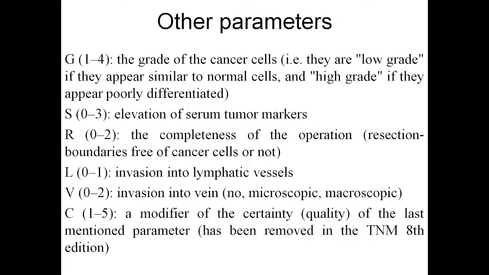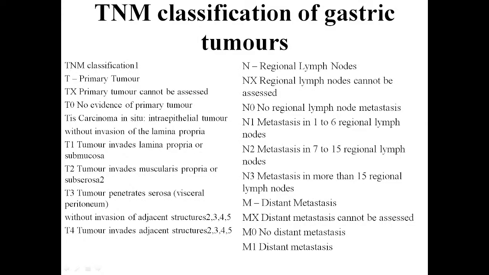Student, and we will have the other parameters of malignant tumors, like this. Other organs can have other classifications of malignant tumors, and in the slide you can see the classification of gastric tumors,